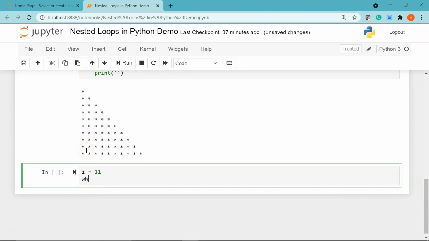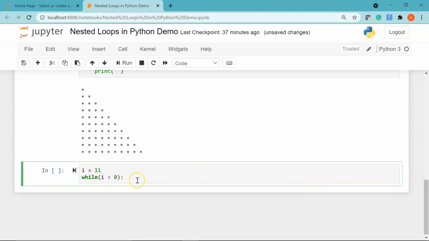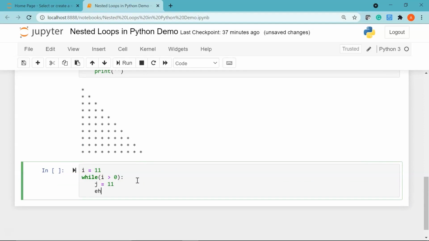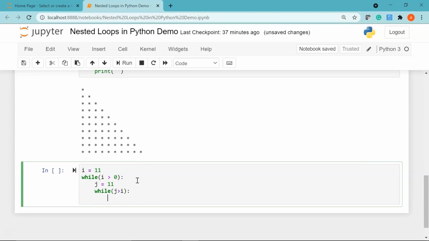pattern. Now I'll declare my first while loop. I'll say while i is greater than 0. So my loop will continue until i is greater than 0. I'll say j equal to 11. Then I'll use my inner while loop. I'll say while j is greater than i